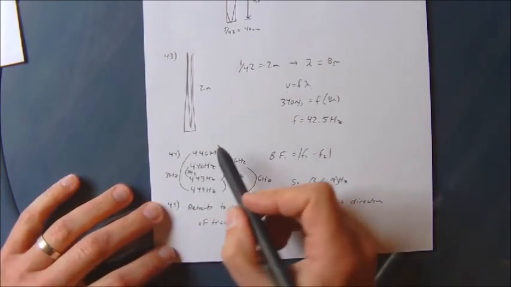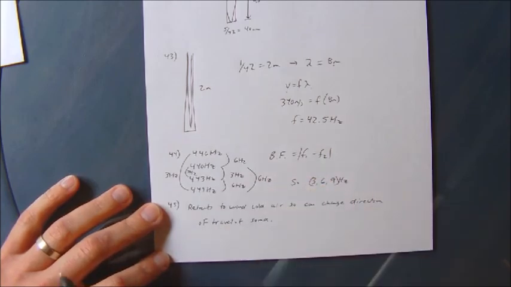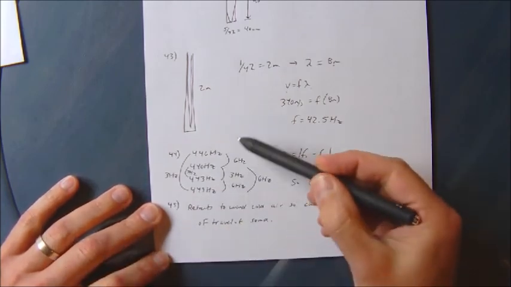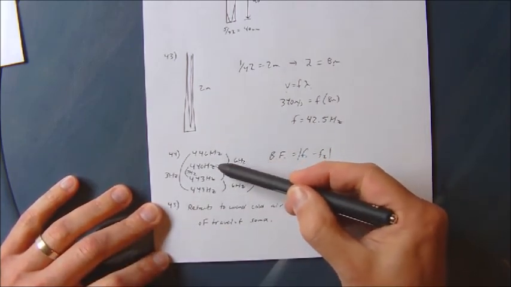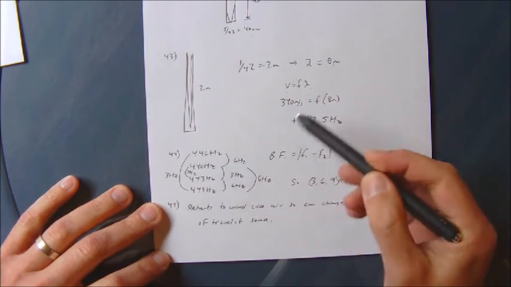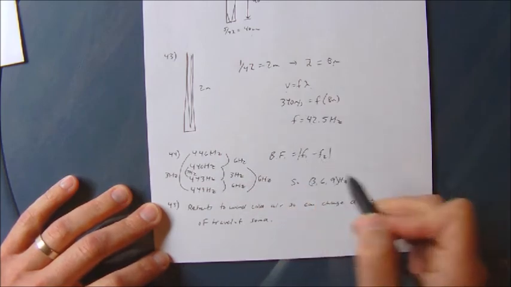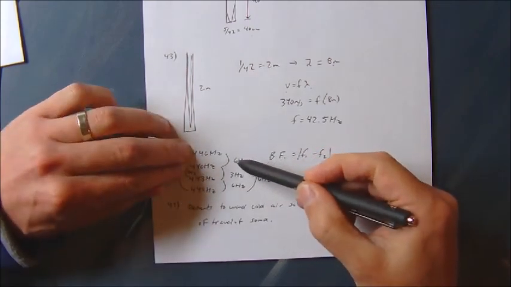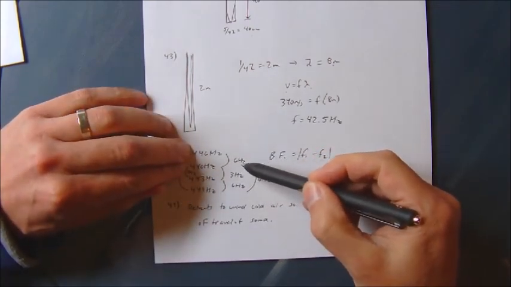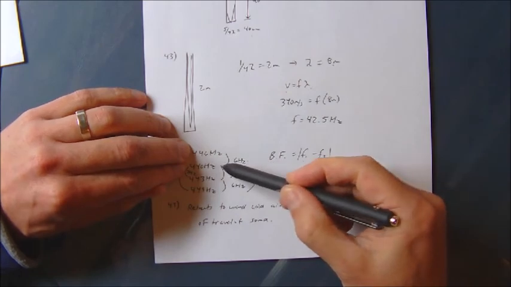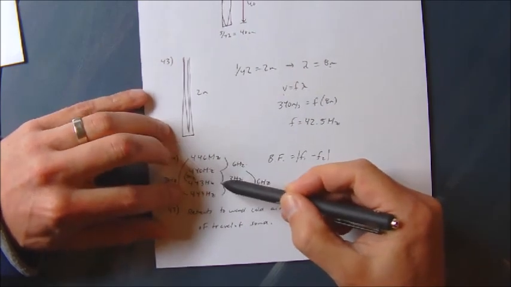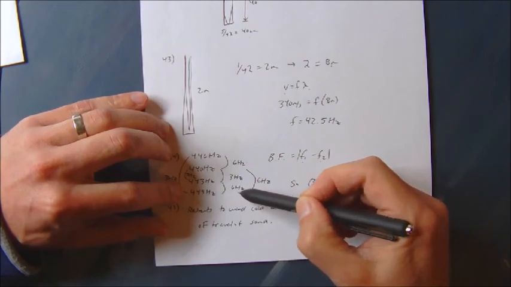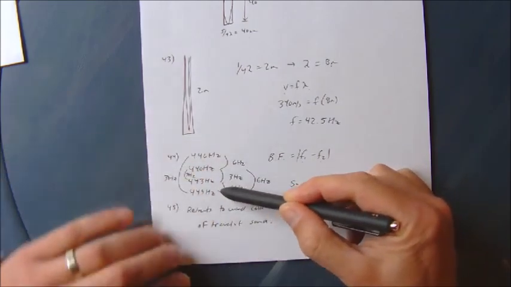44 gives us 4 tuning forks. It's kind of a confusing picture here, but I've explained what we've got. We've got 446, 440, 443, and 449. Beat frequency is simply frequency 1 minus frequency 2. So I just subtracted each one of these. I did 440 compared to 446 gives me 6 hertz difference. 440 to 443, 3 hertz. 443 again to 449 is 6. 440 to 449 is a whole